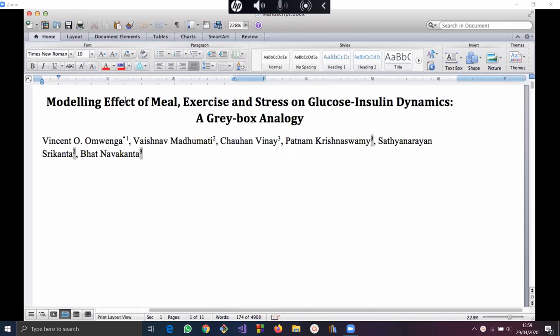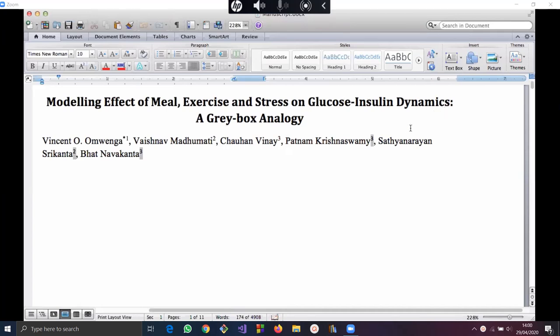So I was trying to do what I call modeling the effect of meal, exercise, and stress on glucose dynamics. In this particular case, you can see meal, exercise, and stress become what we call state variables, which further influence another state variable, which we are calling glucose insulin dynamics. So we can say meal, exercise, and stress are the input,